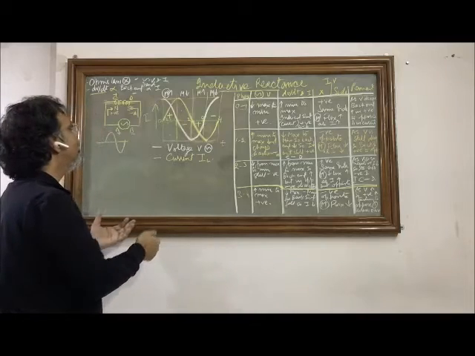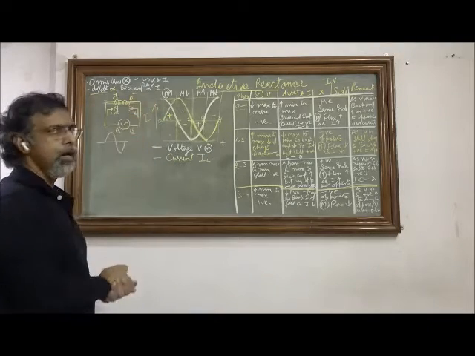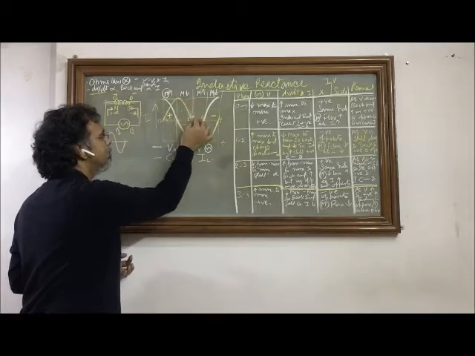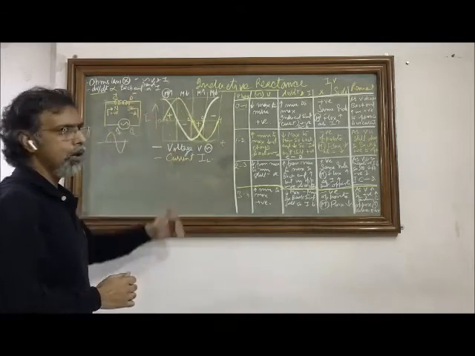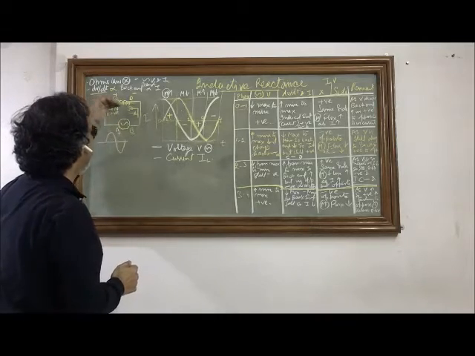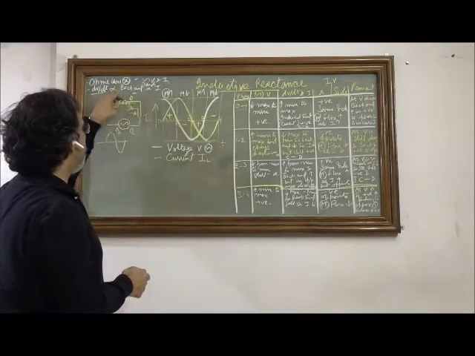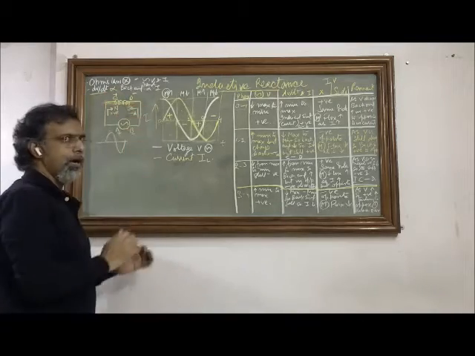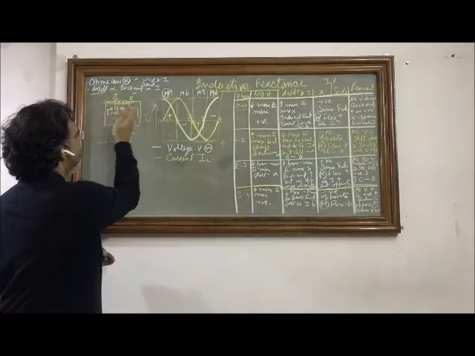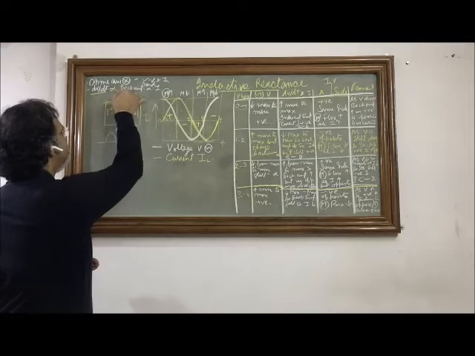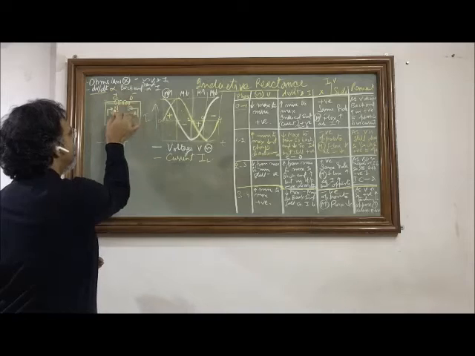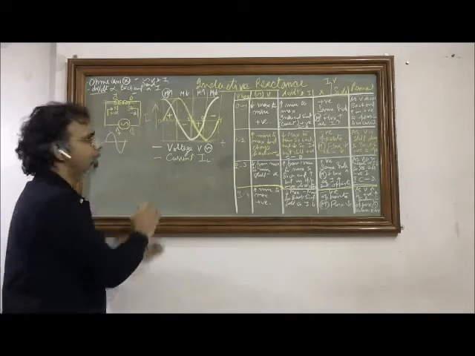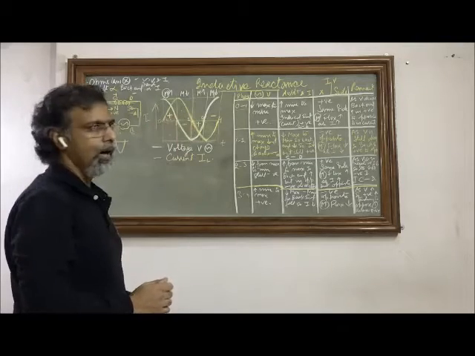So what will it do? It will try to de-link its flux. The magnetic energy that was stored in the previous phase will be released in this phase. So the current will drop down, because it doesn't have any energy, it will have only stored energy. So that stored energy is taken up, and the current is again tried to be maintained by this coil in this positive direction from C to D. That means it is still positive, it is still negative, this is still the north pole, this is still going to be the south pole, and the current is somehow maintained up till the second half.